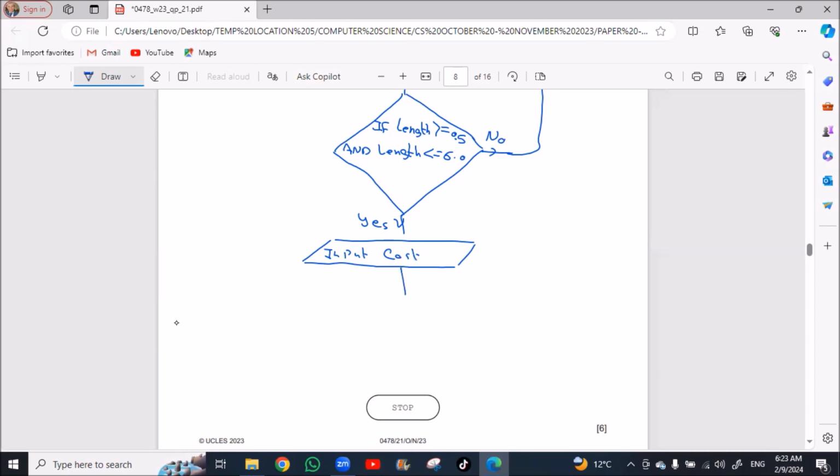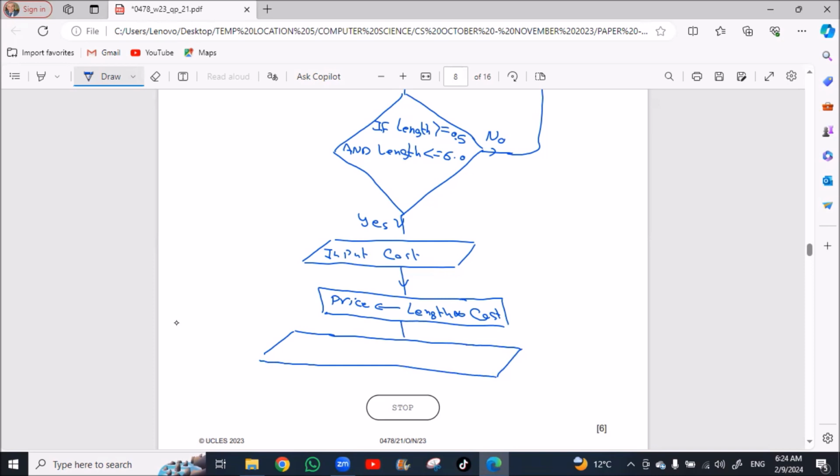And then as a process, we need to assign the price the value we get from length multiplied by cost. This will be the price. So we'll need to output the price. So we'll use a parallelogram to output or print price